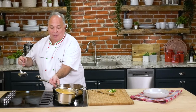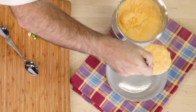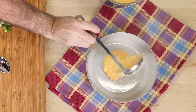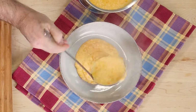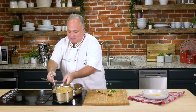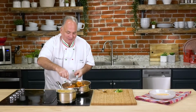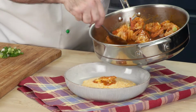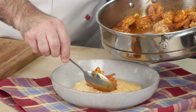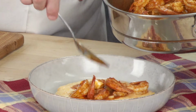I am ready to plate this. I am ready to eat. Look at these grits. Come on. I'm going to put a little more on there. I'm hungry. And now, this shrimp. Oh, yeah. Just that sauce alone. It's going to be perfect. It's going to be delicious. I know it. I know it is already because, of course, with those grits, that little bit of garlic in there,